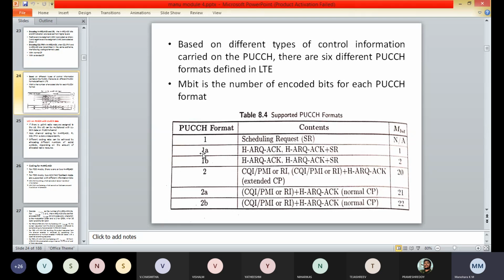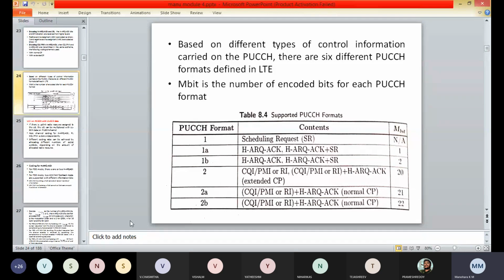For PUCCH format 2, we have CQI or PMI or RI, and CQI or PMI or RI plus HARQ ACK, which are used in the extended CP. Here the M bits are 20 bits. Next we have PUCCH format 2A.